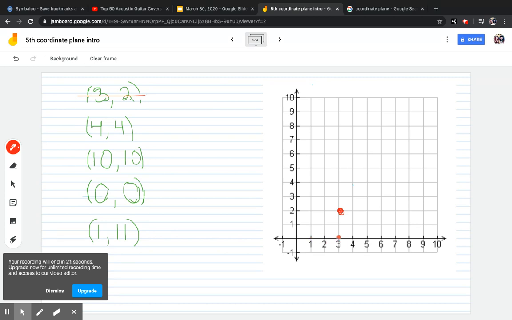Let's try (4, 4). 1, 2, 3, 4. And then 4 hops up. 1, 2, 3, 4. Perfect. I can do a bigger number, (10, 10). And they match right there. Oh, (0, 0), that's my origin. That one's easy. It doesn't even have to be labeled. And last, we can do (1, 11), going above